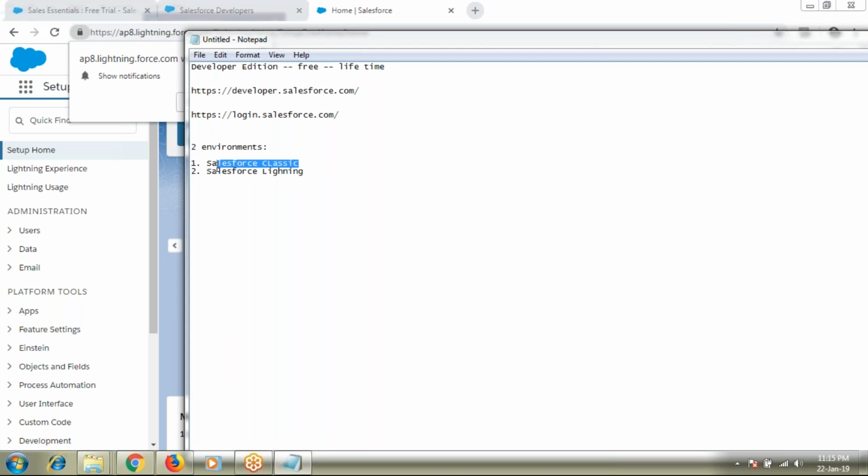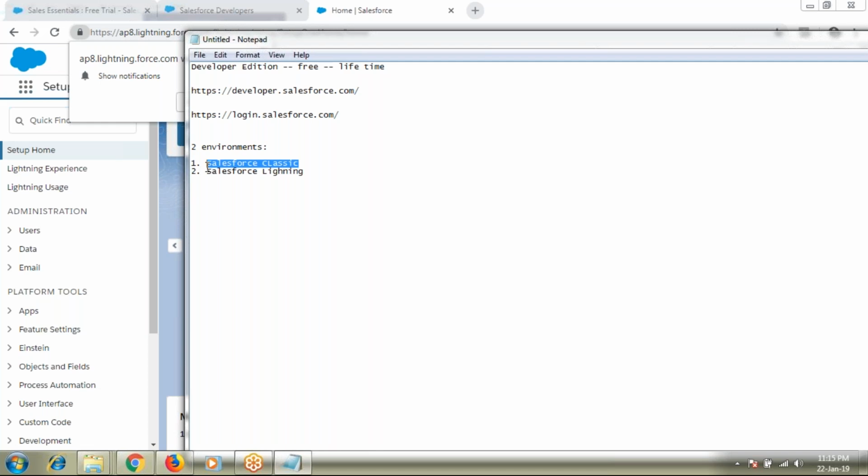Since the time that Salesforce has evolved, from the year 1999 to the early part of 2016, Salesforce has been on one environment called Salesforce Classic.